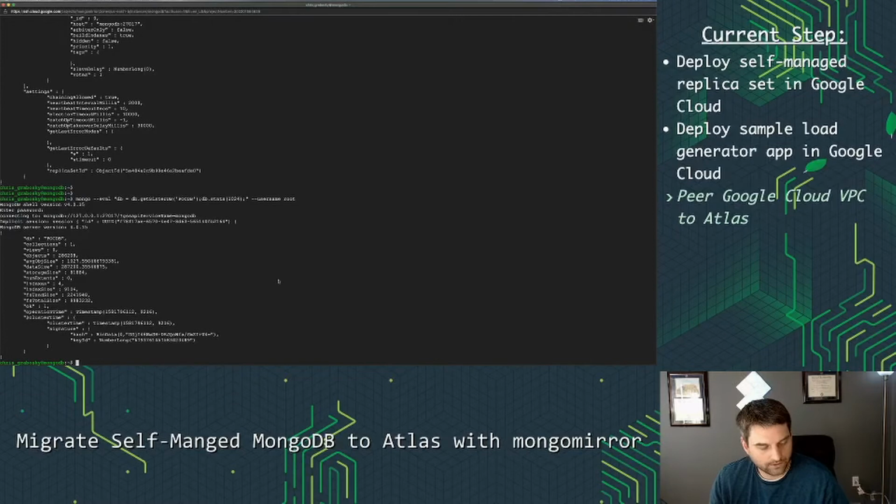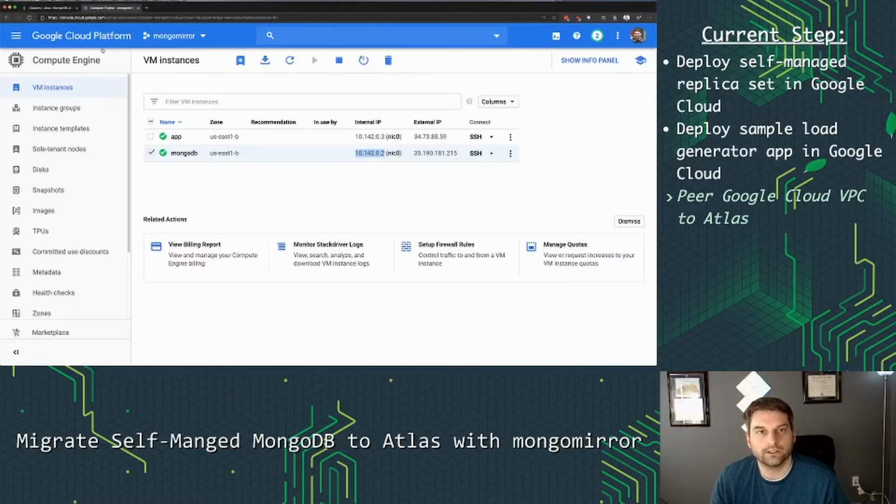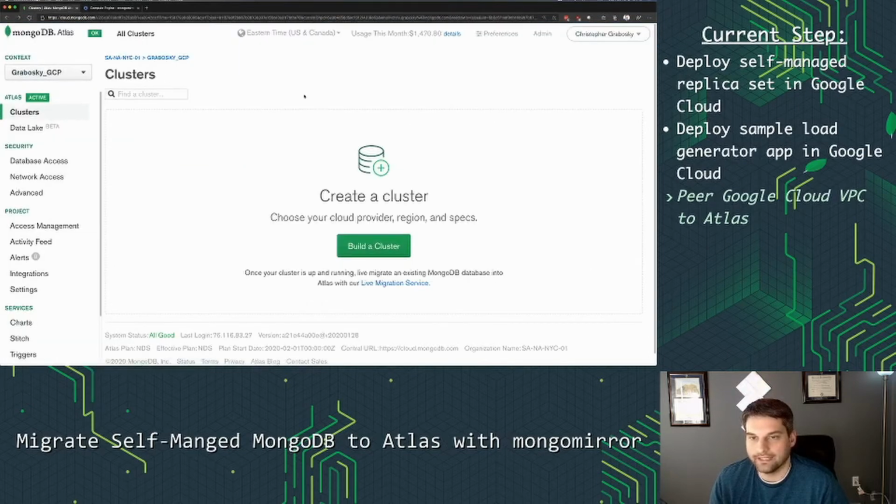So to do that, I'm going to go back to my browser here, and this time instead of working in the Google Cloud Console, I'm going to go to the MongoDB Atlas console. So that's at cloud.mongodb.com. I'm already logged in. The first thing I need to do is restrict data to this project, even though I don't have a cluster in here yet, to basically say I'm only allowed to connect application servers which are in a peered VPC,